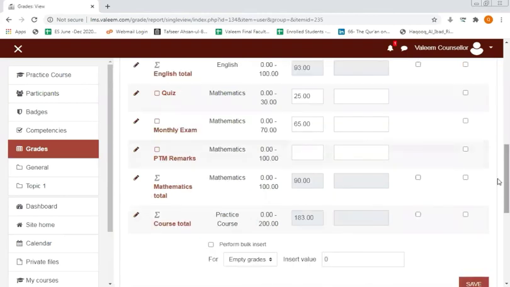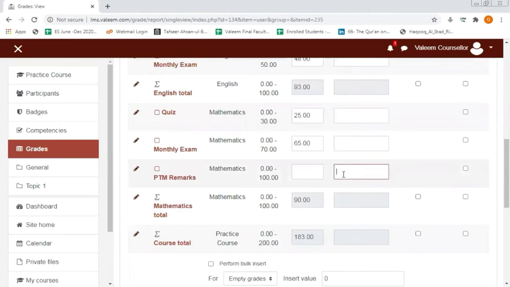The remarks can be as lengthy as you want. Whatever detail you want to add, you can simply add it here, and it will be visible to the parents as well as the Valim administration. Adding it and then saving from the bottom.